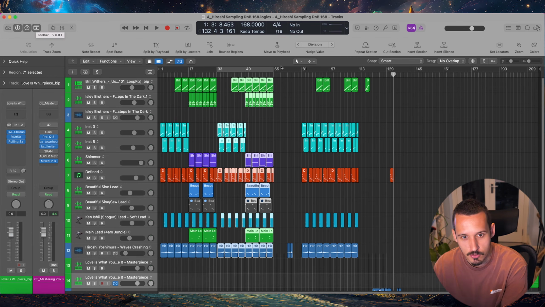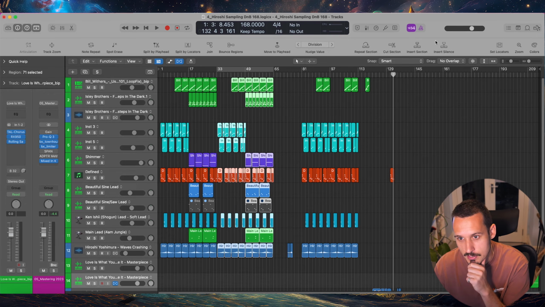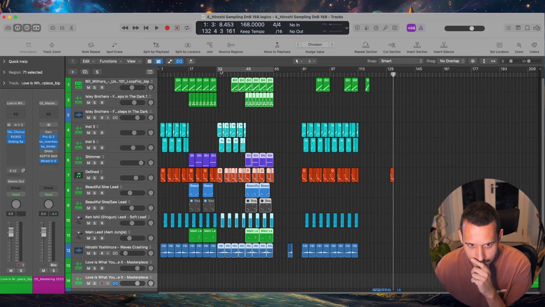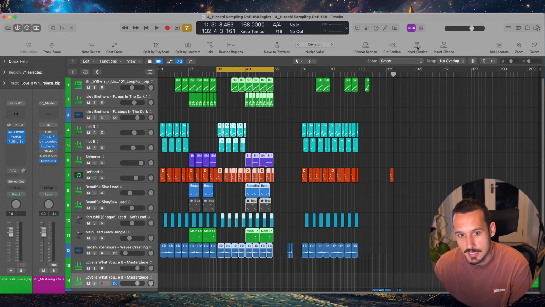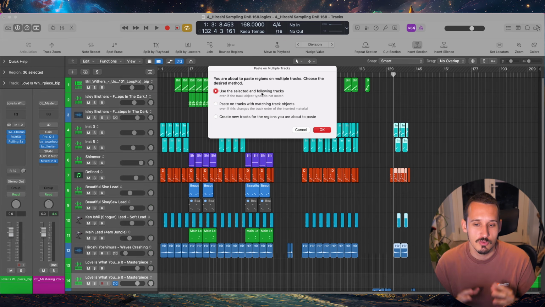So if you click this icon to open up the Toolbar, I don't really use very much of this at all, apart from these section controls here. So a really great one is Insert Section. And this pop-up is dangerous. Whatever is happening with this pop-up, I don't quite understand it, but whenever you see it, you just want to